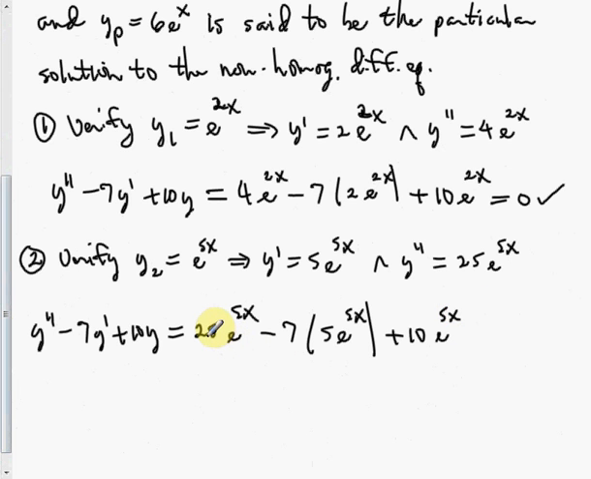So let's see what we get. We get 25 plus 10 is 35, minus 35, we get 0. That's good. Now, thirdly,